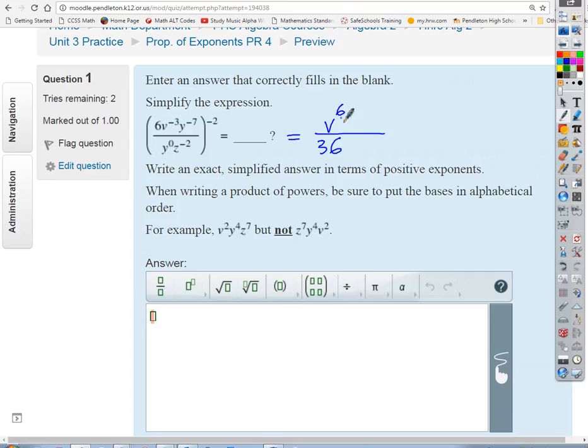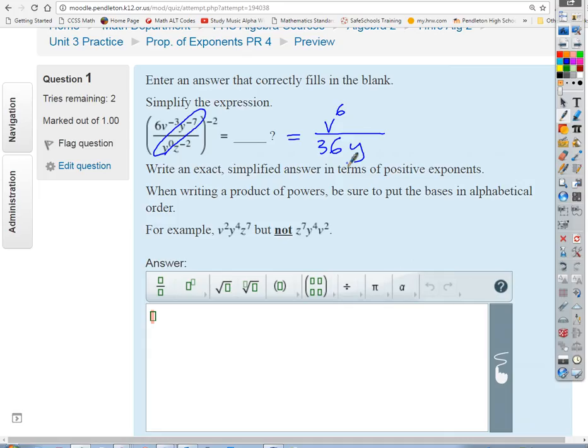What about the Y's? What happens here with the Y's? Y to the 0 is reduced to 1. Okay, so that's reduced to 1. Good. And we could even think about those y's as being combined, right? So where do those y's have the most power, 0 or negative 7? Well, actually, 0 is bigger than negative 7. A couple of ways to think about this. One way would be to say, okay, 0 is bigger than negative 7, so let's keep the y on the bottom, and